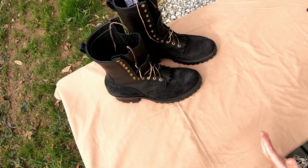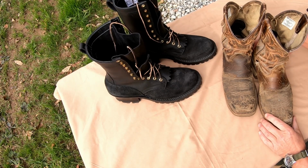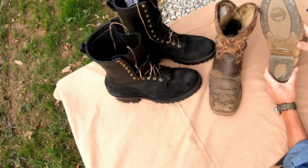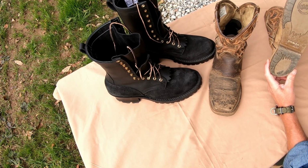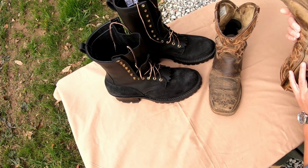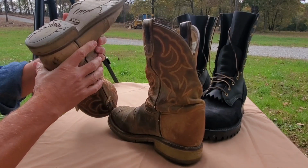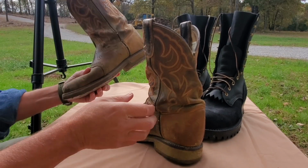And the reason that I'm trying to get some new boots, these are the boots that I wear pretty much every day. They are double H steel toe boots that have the oil and slip resistant sole on them. As far as the sole goes, I tend to wear out a heel about twice as fast as I do the regular sole under the ball of your foot. But what happens with me,